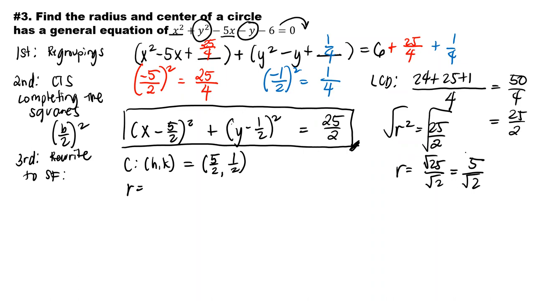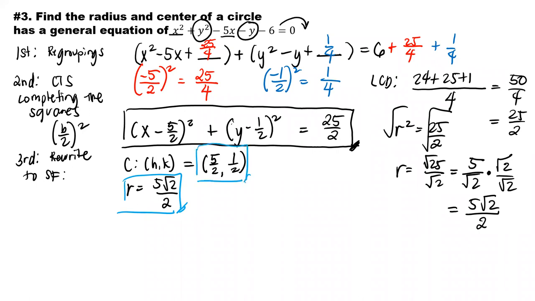So take note, no? It is advisable to have no radical numbers or radical signs in the denominator. So we will do rationalization. So from this, we'll multiply natin siya ng pareho ng square root of 2 over square root of 2. So magiging 5 times square root of 2, so 5 square root of 2. Square root of 2 times square root of 2 is equal to 2. So our radius will become 5 square root of 2 over 2. Okay, so therefore, these are our answers. Okay? So next example,